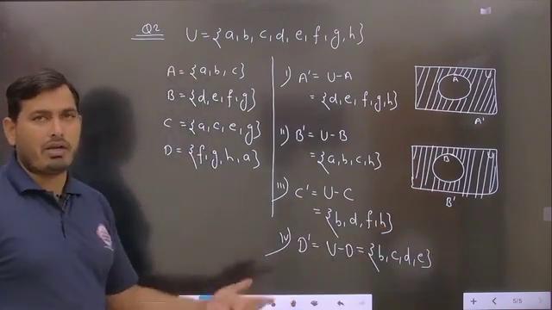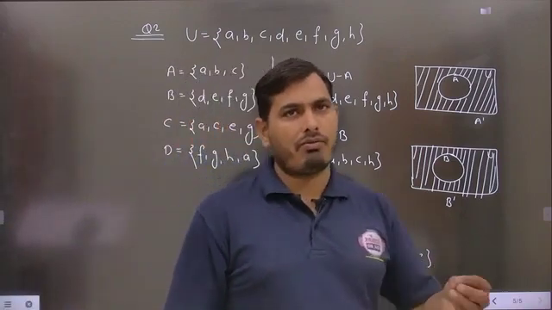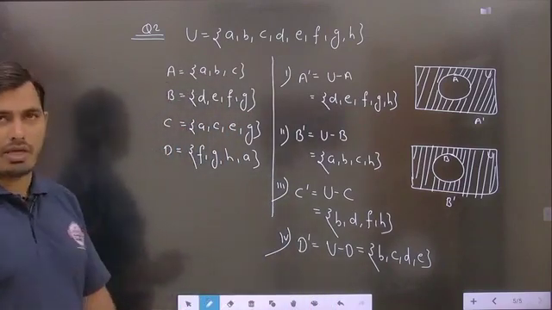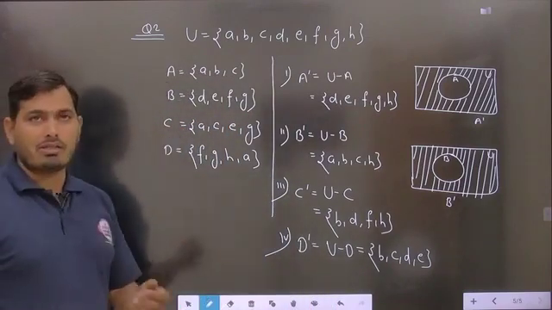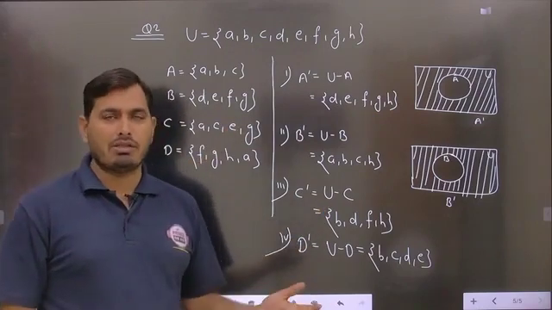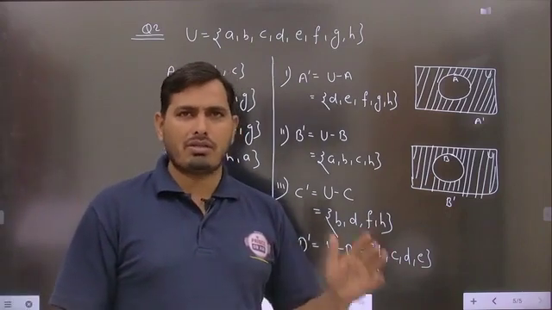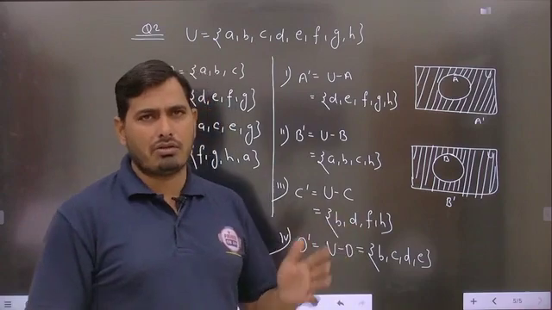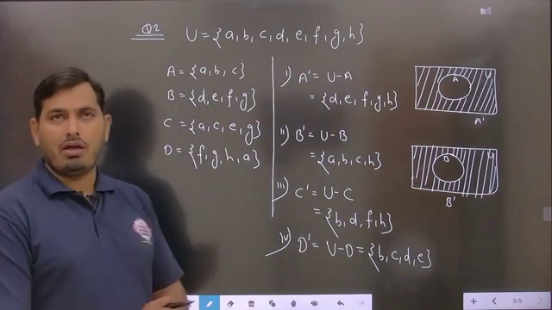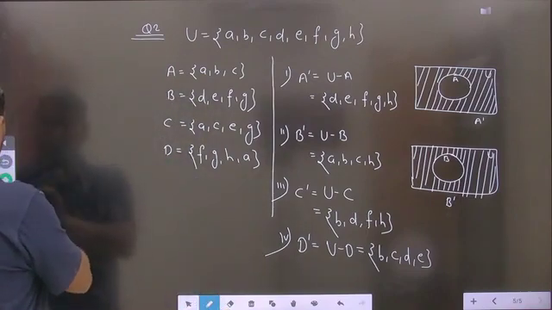Sometimes Venn diagrams are very important. We have to make each Venn diagram to simplify each answer. So this is the answer of question number 2. A very simple question from your NCERT, where you simplify the complement of any of the given sets, and in a systematic and easy way you can do this job. So pause the video to note it down. Then after that we will take the next question, question number 3 of your NCERT.